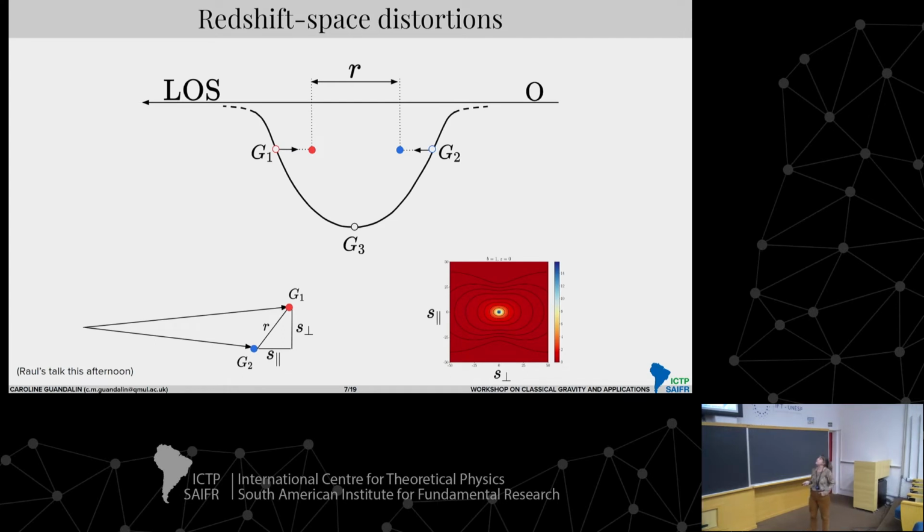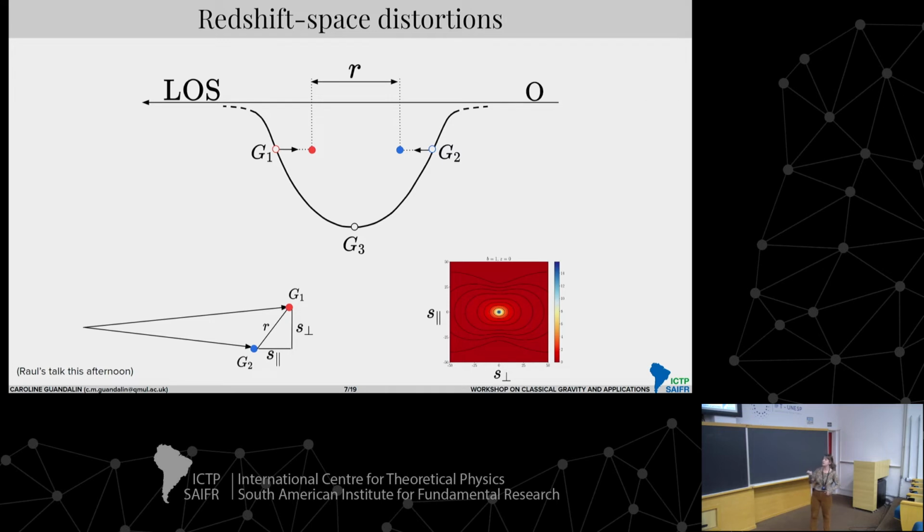One particular example of this is redshift-space distortions. So this is a distortion in energy of the photons. What I'm showcasing here is just the Kaiser effect. So if you have the observer here looking along this line of sight, and you have three galaxies, okay? The fact that this galaxy has an inward velocity here, falling towards this other galaxy, and galaxy 2 has a velocity in the opposite direction. When you project this along your line of sight, what you're going to see is a squashing in your two-point correlation function.